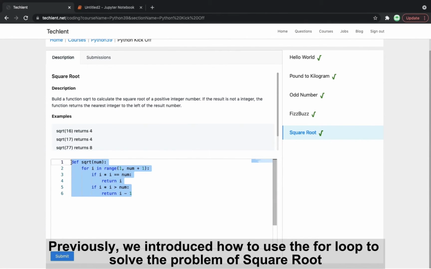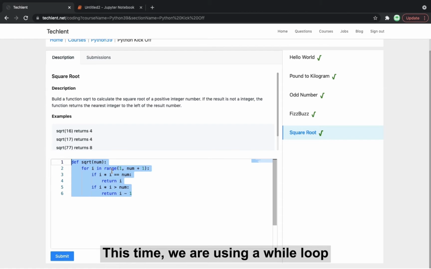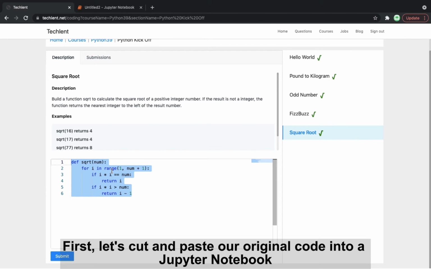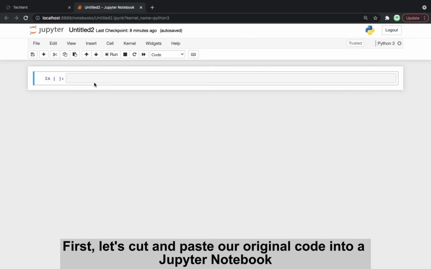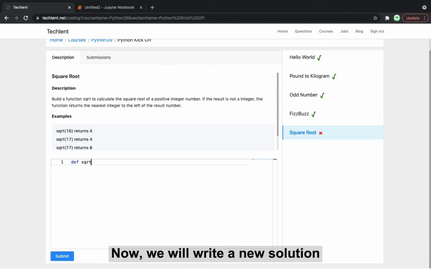Previously, we introduced how to use the for loop to solve the problem of square root. In this video, we will redo this problem but in a slightly different way. This time we are using a while loop. First, let's cut and paste our original code into a Jupyter notebook. Now we will write a new solution